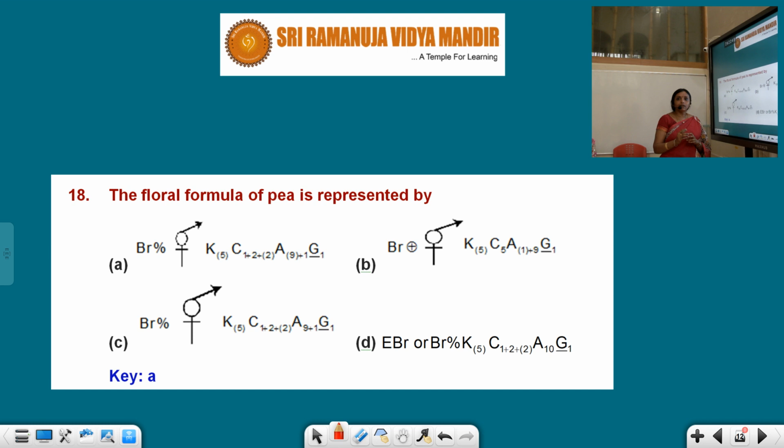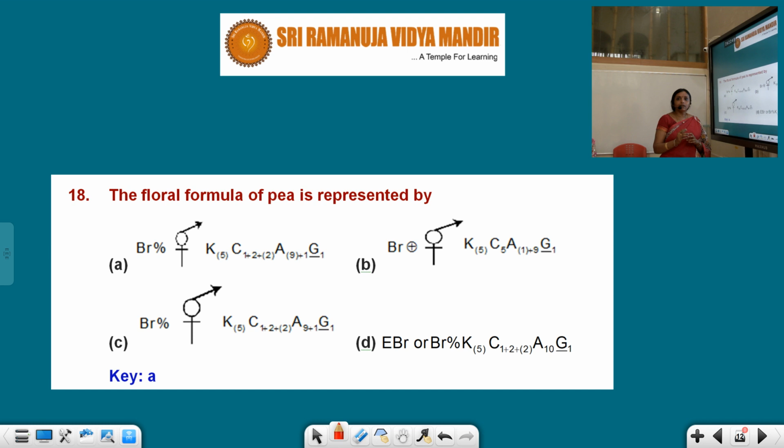Of course, in the pea flower, one large petal is there, which is called the standard petal, two small wing petals, and two very small keel petals. So this is zygomorphic. Zygomorphic means we can cut the flower into two equal halves from only a single plane crossing the center. So for zygomorphic, we have to put that sign here, and this sign is for male and